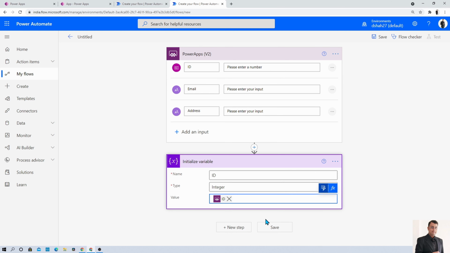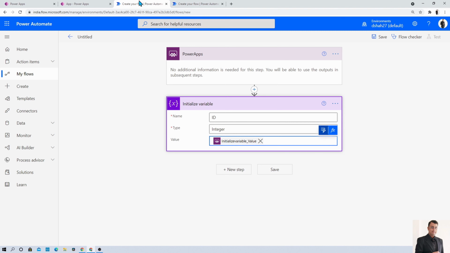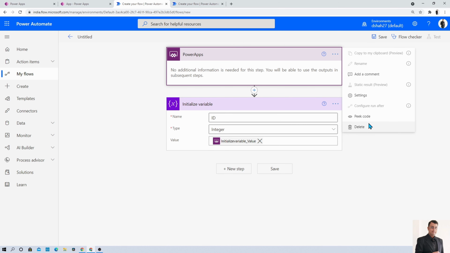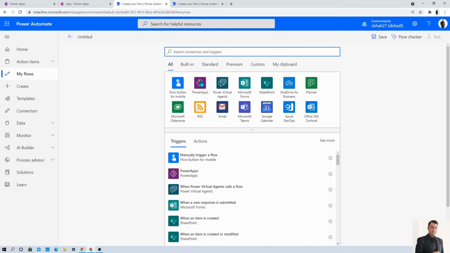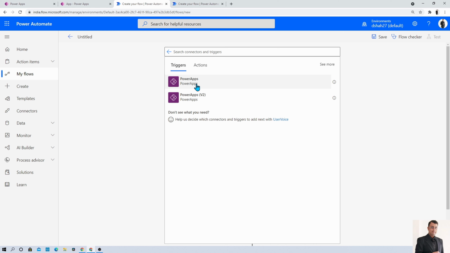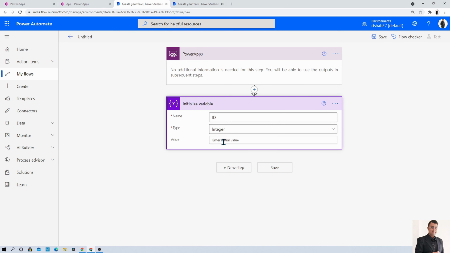The second advantage here is, let's say for an example in our earlier connector, if I want to remove this value from here, then what happens is it is not directly removed with this particular trigger action. So all the time what we need to do here is delete that trigger, re-add that trigger, and after that we are able to remove that value from there. So now that task becomes so easy.